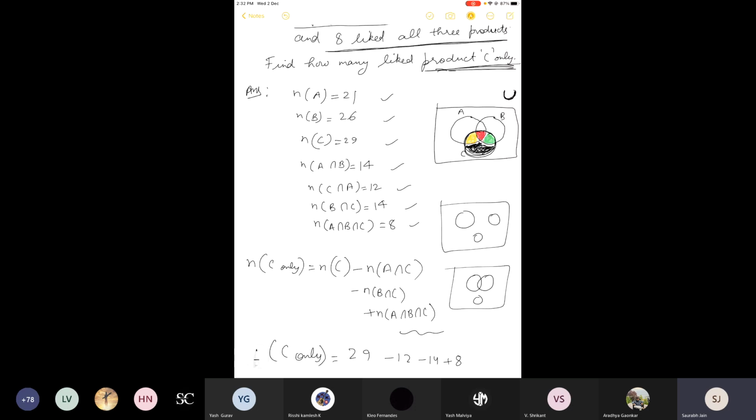This is the last example of the unsolved miscellaneous exercise. You won't find questions on 3 sets in exercise 1.6. You will find these questions in the miscellaneous exercise. If you want, you can solve them. Okay. I hope this step is clear. This was the deciding step of the question.